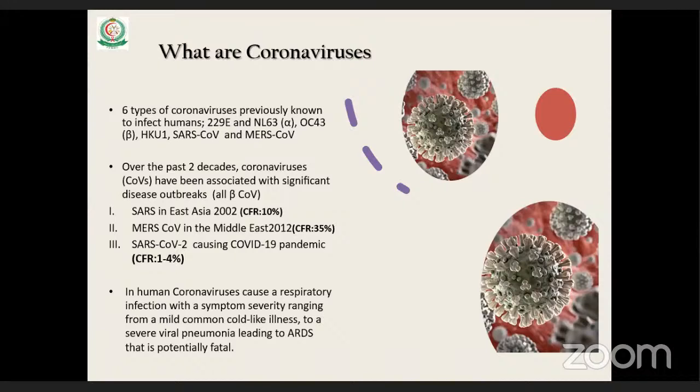All coronaviruses in humans involve mainly the respiratory system. The symptoms vary, ranging from mild common cold-like illness to severe pneumonia that might be complicated with ARDS, sepsis, septic shock, and multi-organ failure. However, as Dr. Eid mentioned, extrapulmonary manifestations are not uncommon